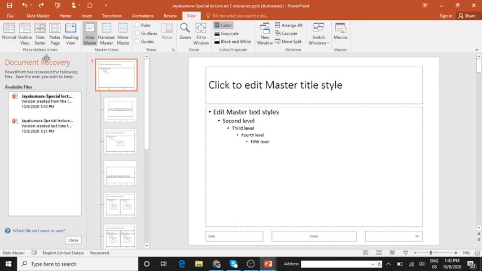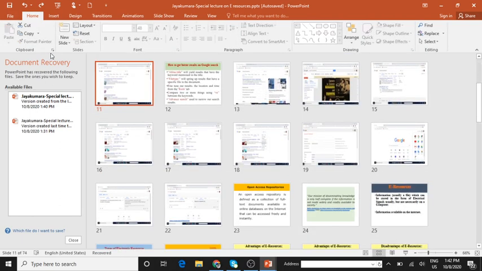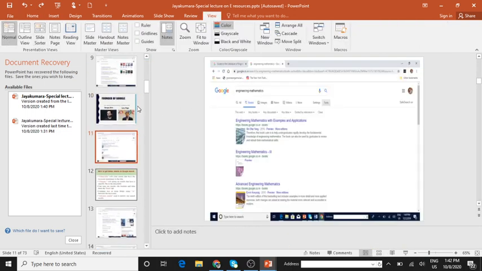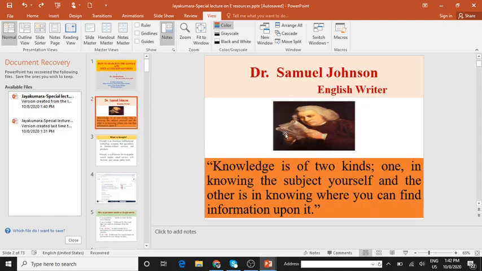Okay, by clicking the view tab. Presentation views. View tab, presentation views. Can you see here? These are the presentation views group, and you click on one of the options available. So whatever views we have discussed, like normal, outline, slide master, notes page, reading view, this completely is called the presentation views group. It's a complete group, like font group, paragraph group, it's the same.